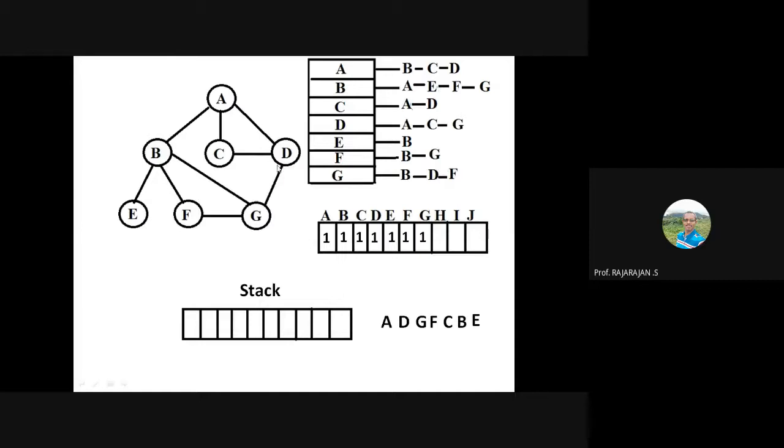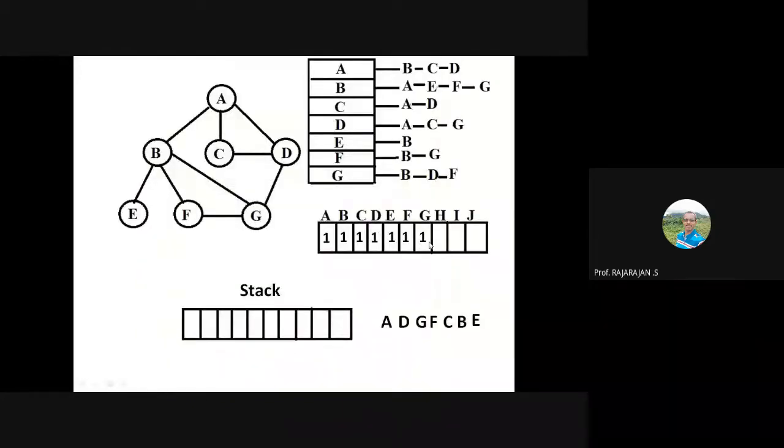What you can observe from this order is that it keeps going deeper into the graph. You started from A. From A you visited D. From D you visited G. So it is getting deeper. It's not trying to complete one level and then go level by level. It's just going into a deeper level. From one parent it goes to a child. From that child it goes to the child of that child, and so on. This is the nature of DFS, and it makes use of a stack for its purpose.